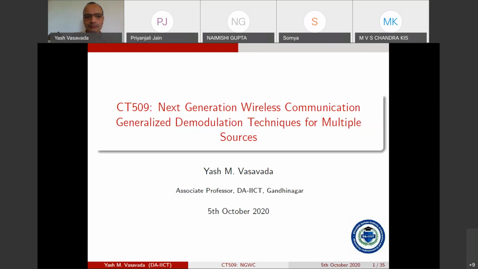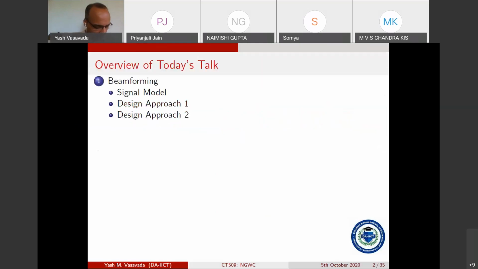Okay, so we're going to look at several different applications. Some of it we started looking at last time itself. And we want to continuously connect the model of the received signal that we'll be studying in the context of what we have done for CT, what we have done in CT516, where we